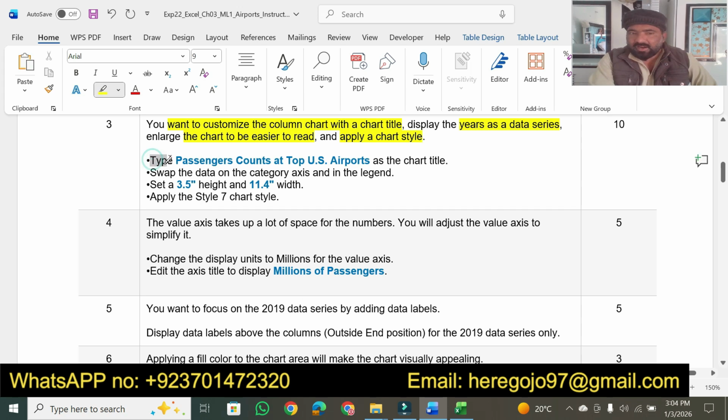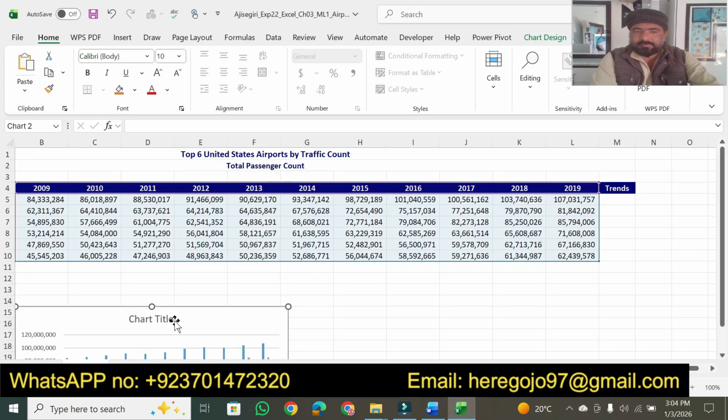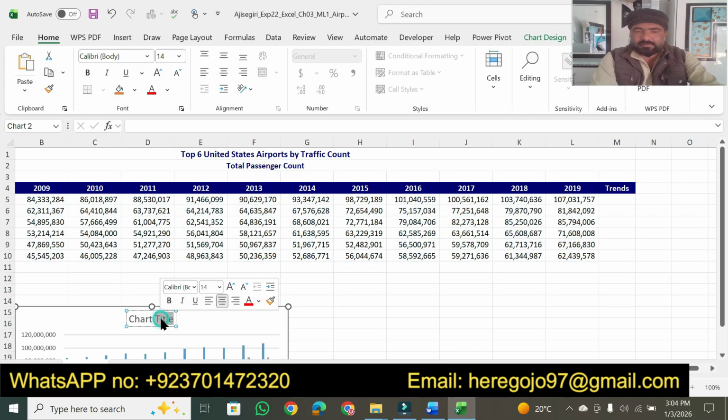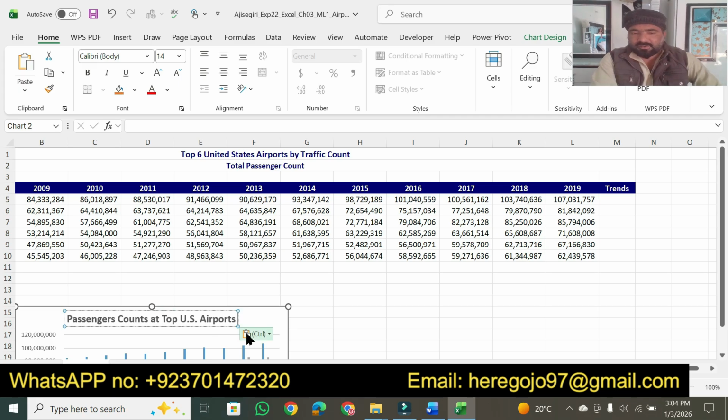Okay, type passengers counts at the top of US airport as a chart title. So we just simply copy this line from here, then come on here, select chart title, Control A and Control V. Okay,